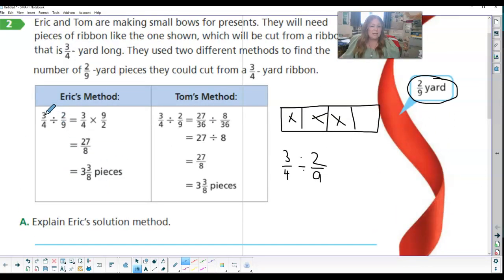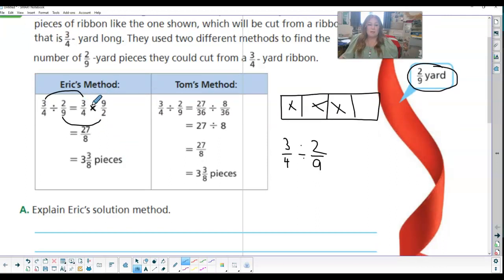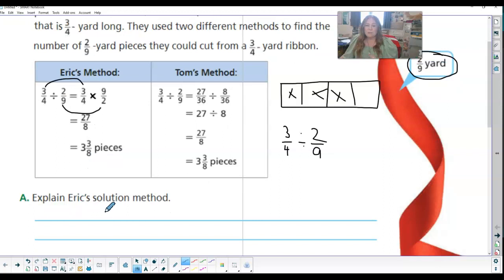So if we look at Eric, he did 3/4 divided by 2/9. I can see he turned it into 3/4 times 9/2. So he came up with 27 over 8, which turned into 3 3/8. So I want you to explain to me, how did Eric go from divide to multiply? What was Eric doing? Go ahead and do that, pause the video, and then come back when you're ready